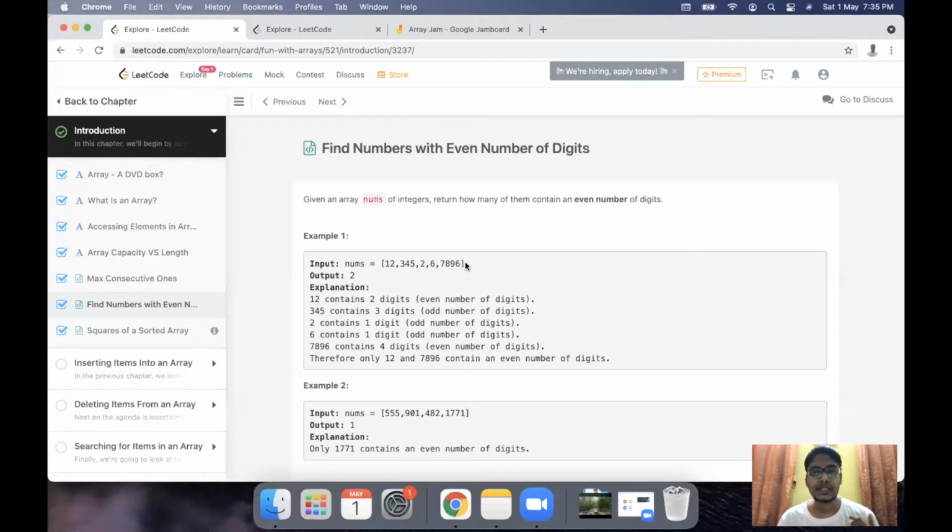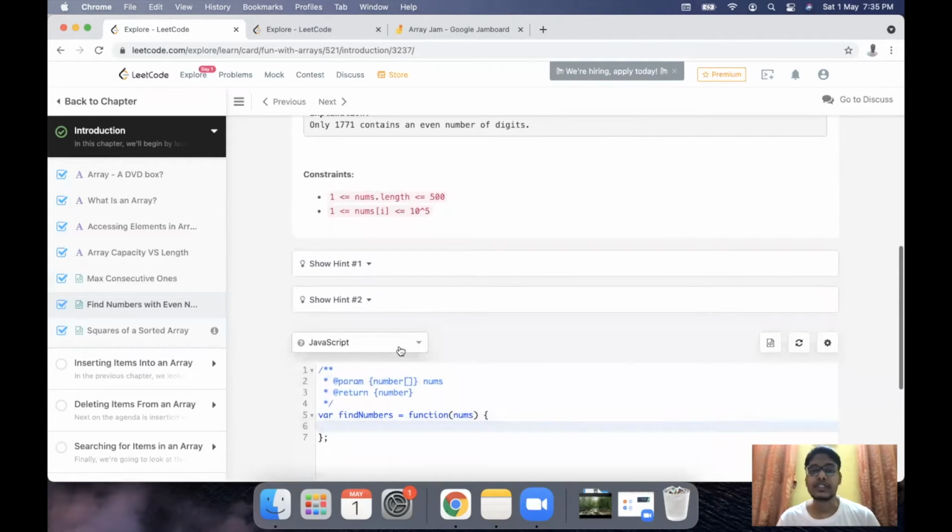I have taken some basic questions today on arrays, because arrays are the most basic unit on which we can build upon, or we can create other kinds of data structures. And the language which we are going to use is JavaScript, because I haven't seen many videos which cover computer programming problems in JavaScript.